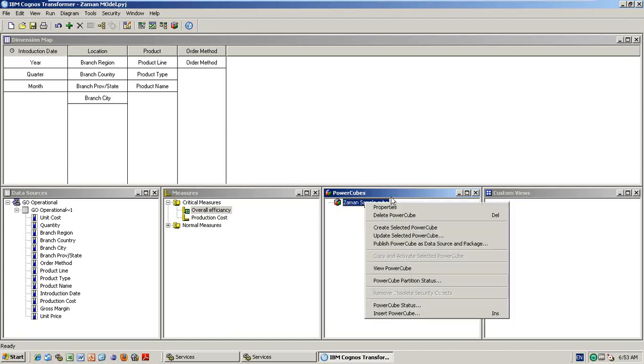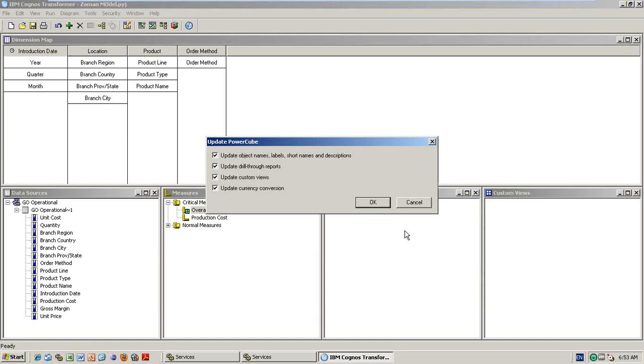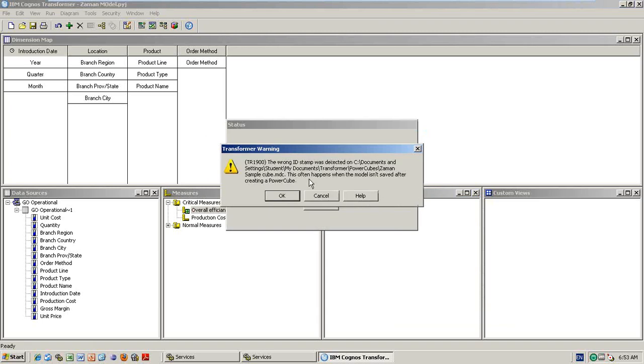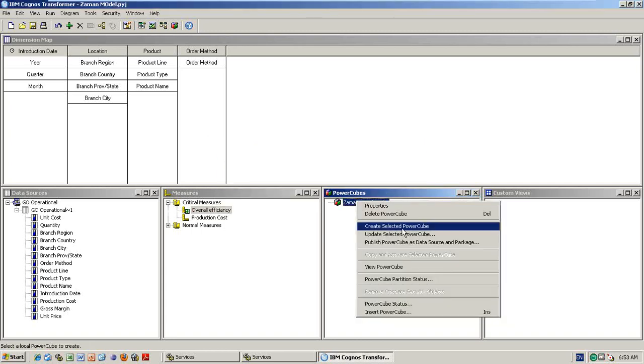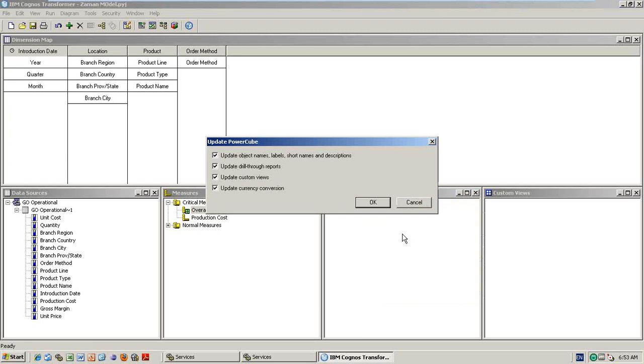After building the cube, I didn't save this maybe. This happens when the model is not saved after creating the cube. Okay, fine, no problem.